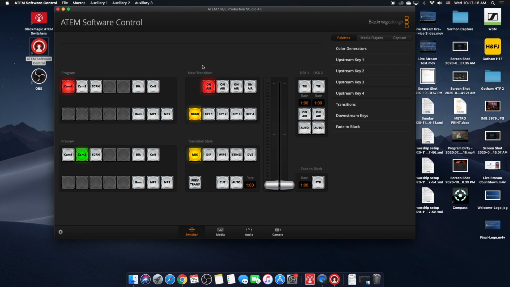We have this next transition section. You don't really have to do much here, but this is where you have your keys. This upstream key 1, 2, 3, 4 correspond to these. We always want to keep key 1 on air. We can do this if we want to show it up, but we want to always keep it on air